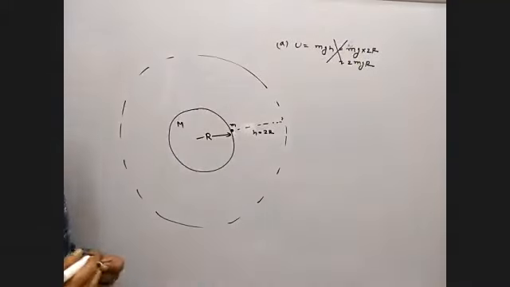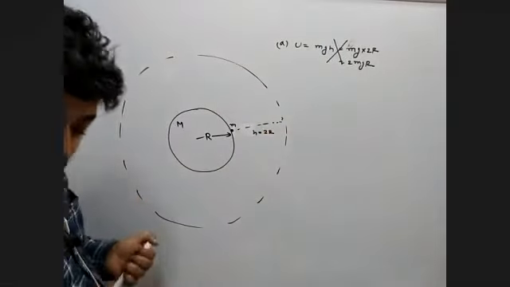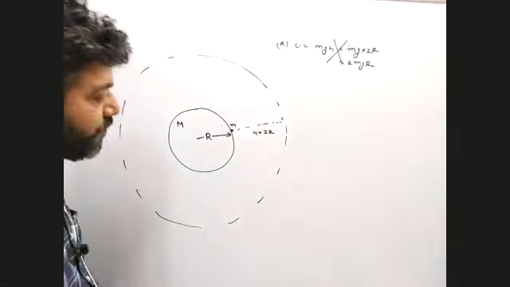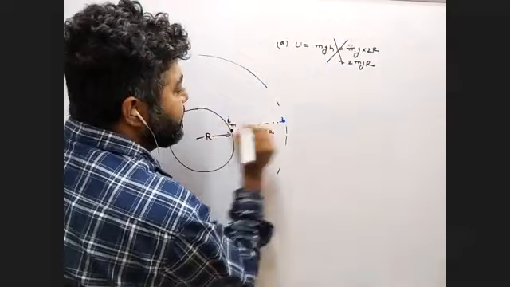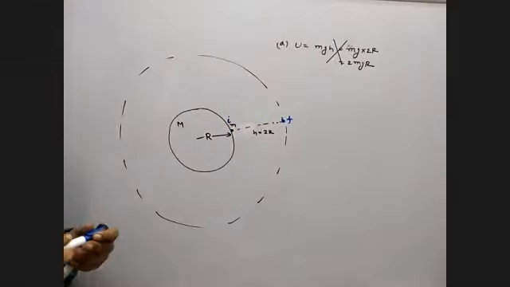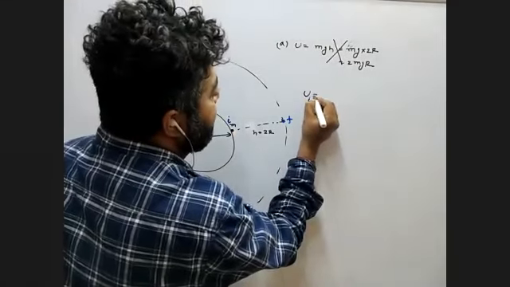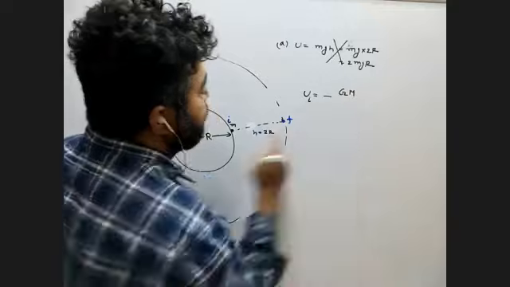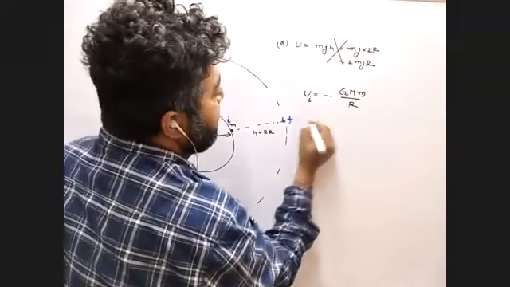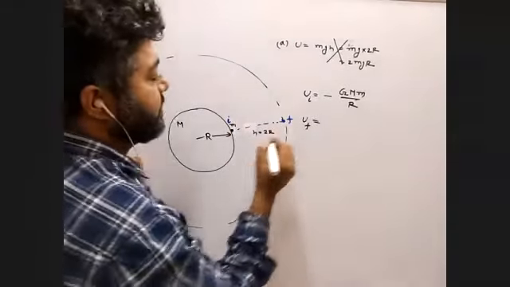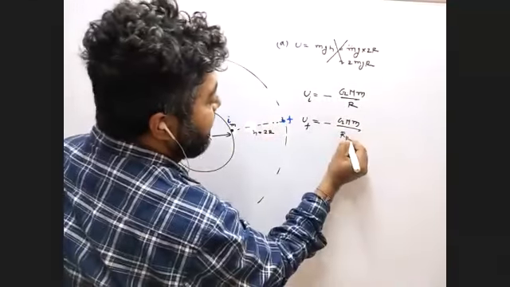Now we see why this is the wrong answer. So let's see. When you move the particle from this point to this point, basically this is your initial position and this is your final position. Am I correct? Yes, sir. The initial potential energy is minus G M m, and the distance is r. Now the final potential energy is minus G M m over r plus h.